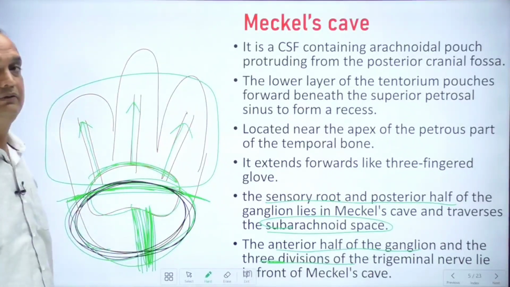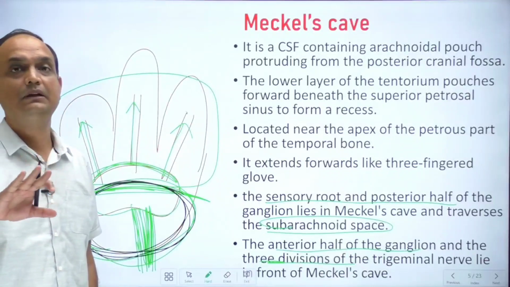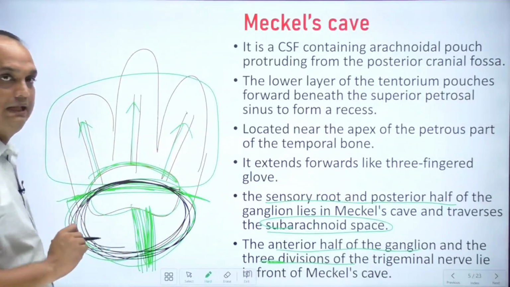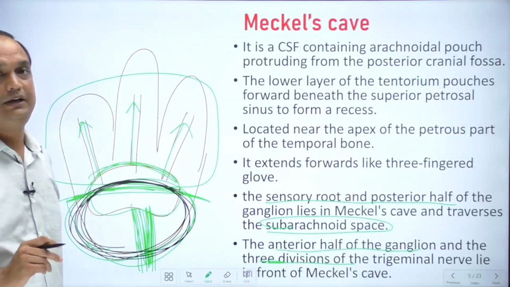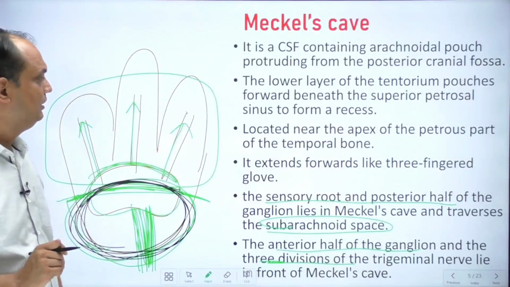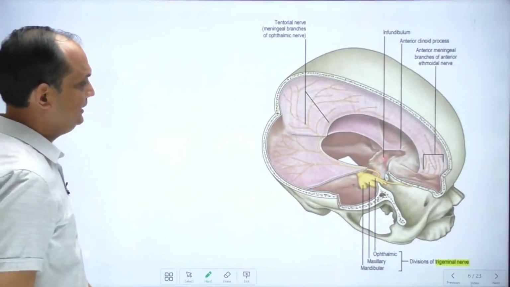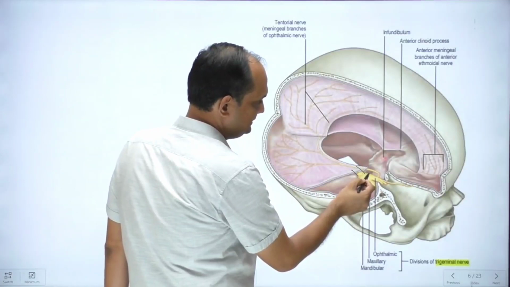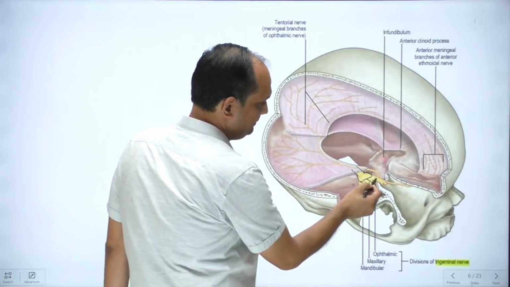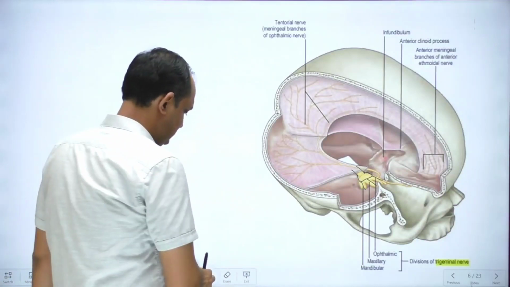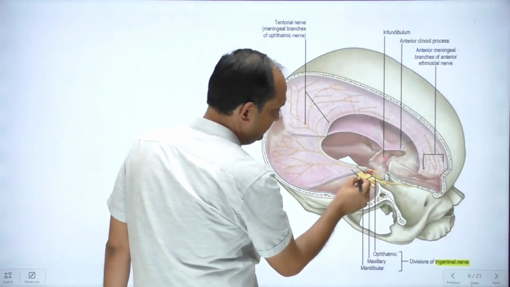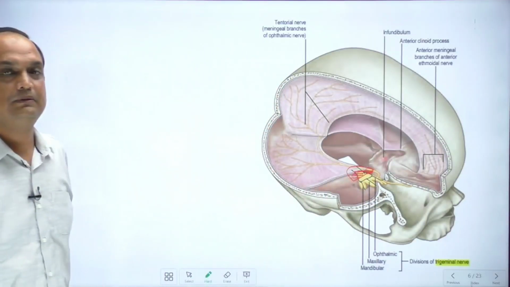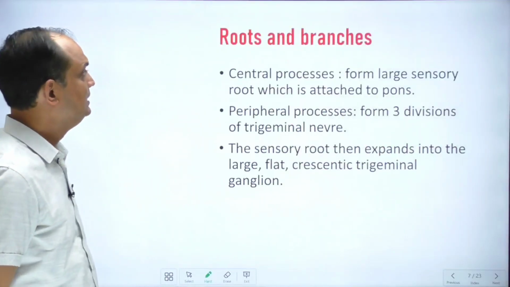जो हमने पेट्रस पार्ट ऑफ टेम्पोरल बोन पे ट्राइजेमिनल गैंग्लिया के लिए डिप्रेशन देखा, उस डिप्रेशन में आपको ये बेसिकली ये वाला पार्ट मिलता है, ठीक है. So this is the important thing when you are reading about the cavum trigeminale and Meckel's cave. Now in this diagram you can see that this is your posterior sensory root, this is the ganglion, and the ganglion is giving the three branches. Now this ganglion is divided into two parts. This part is present in the subarachnoid space, bathed in the CSF.